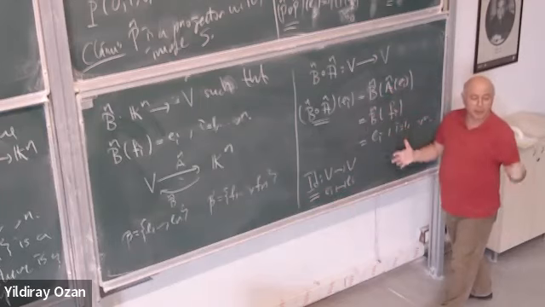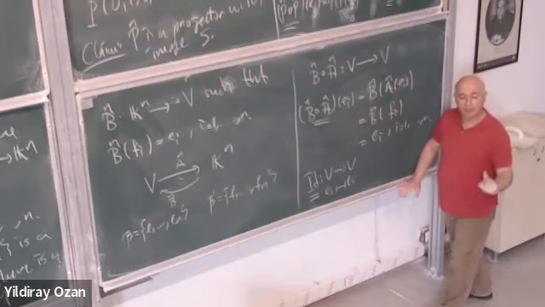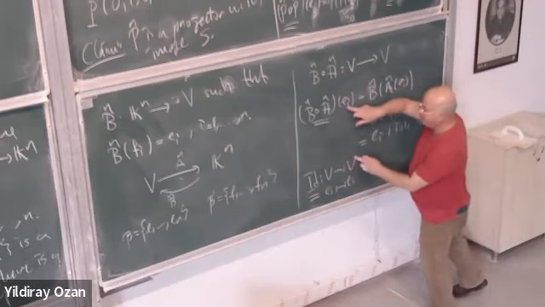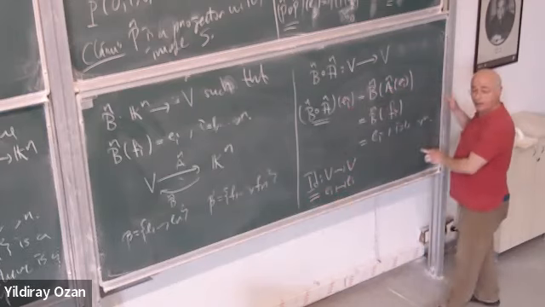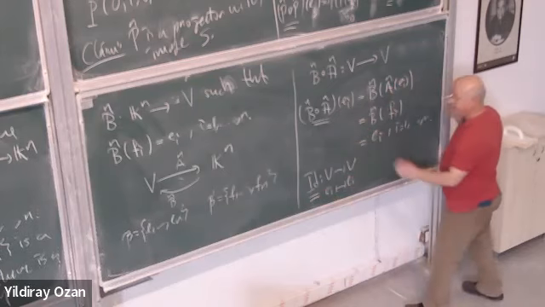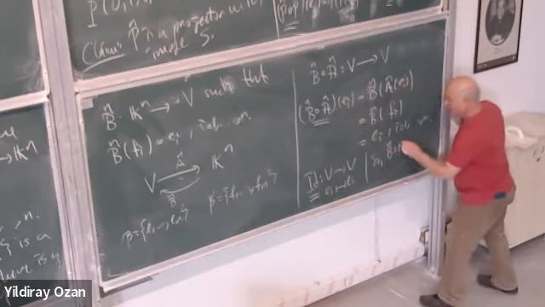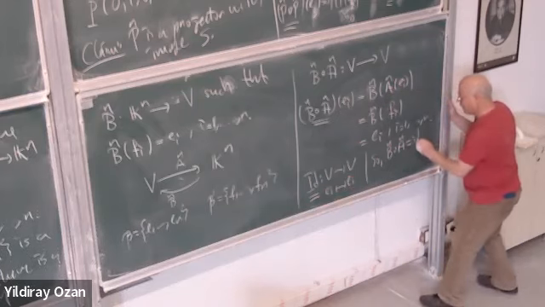These are the same because every linear map is uniquely determined by its action on basis elements. So if two linear maps send the basis elements to the same thing, then they are the same. So the composition A is just the identity of